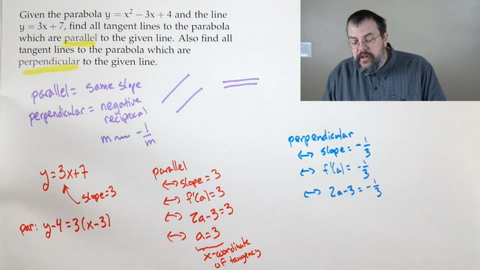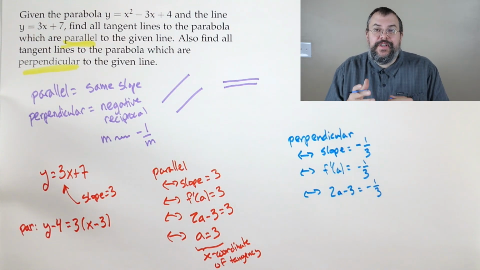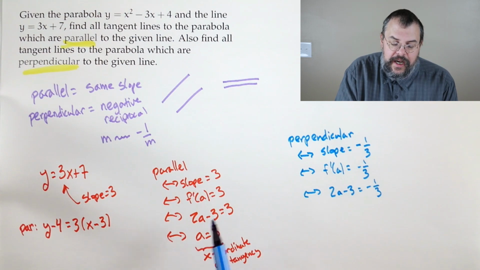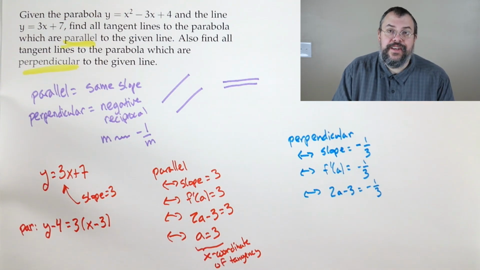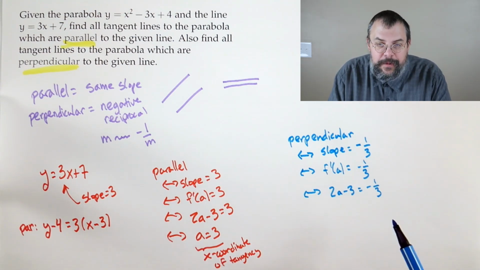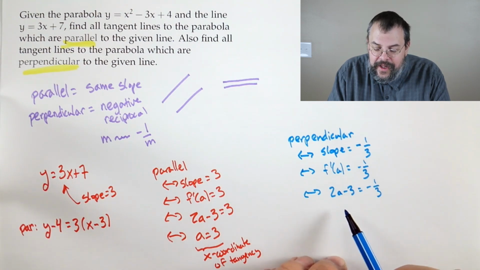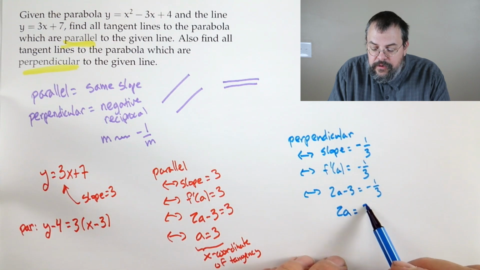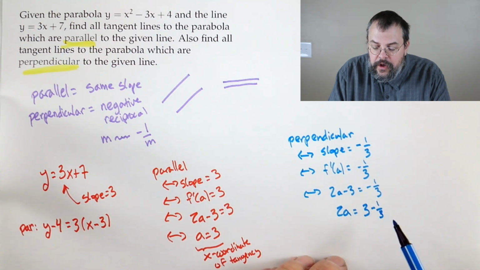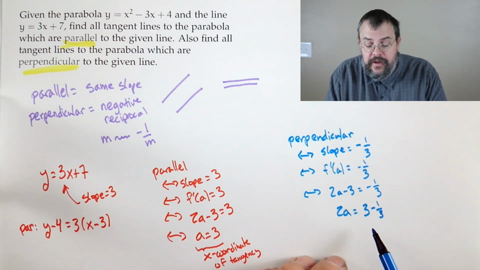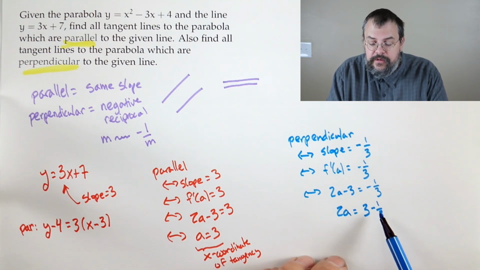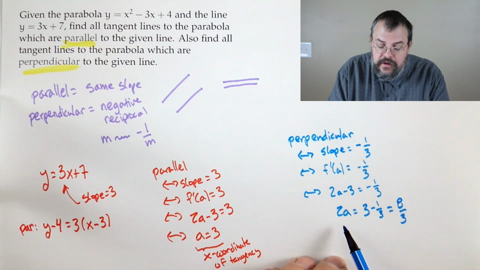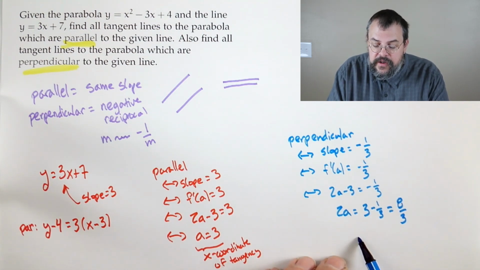a third. And this is the part that's a little bit more sensitive because it's going to take us a little bit more work. We could almost just read that and say, oh yeah, that's a equals 3. Here, I don't think we could just do that. So let's start by rearranging. We add 3, so you get 3 minus 1/3. Well, 3 is 9/3. If I take 9/3 and subtract 1/3, that would be 8/3. So 2 times a is 8/3, which says that a is